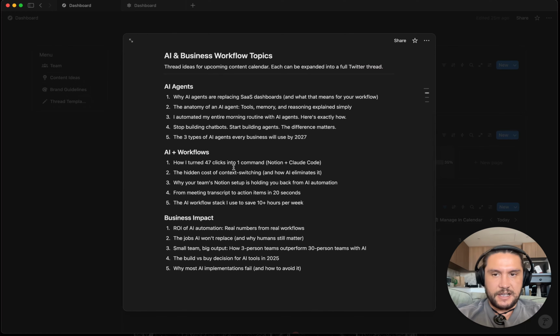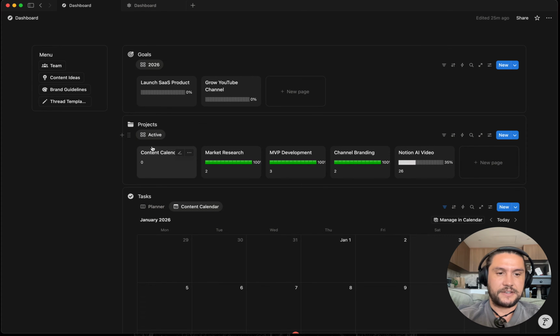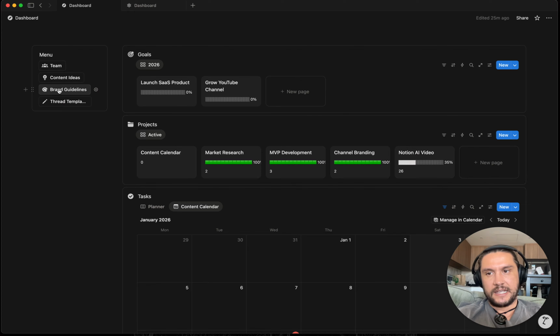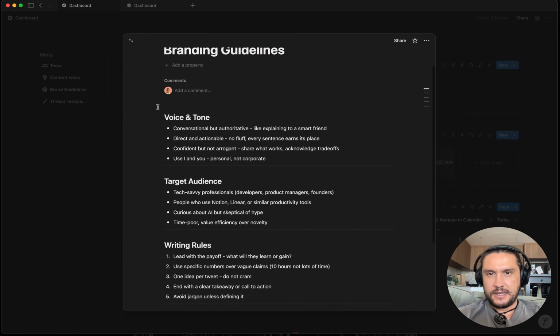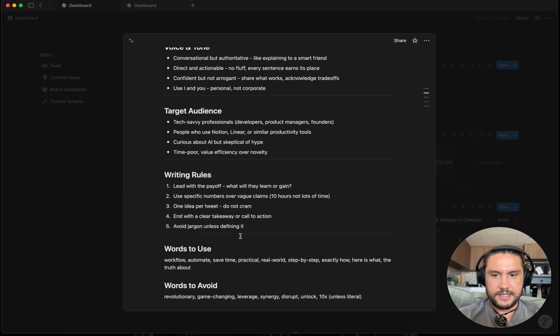This is just an example of some ideas, sticking to the AI business workflow related things. So Claude Code will reference this doc. This is like a living doc, so your team can add to this throughout the month. And so at any given point when Claude Code is generating content, it will have an updated version of what those ideas are. Branding guidelines, as mentioned, voice, tone, target audience, it will reference these,